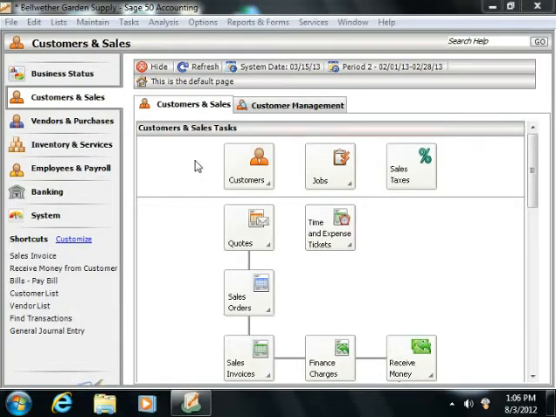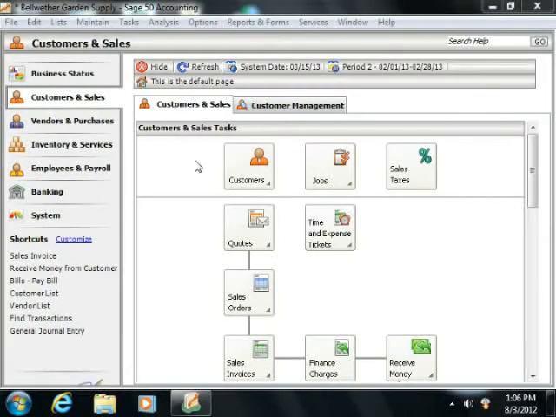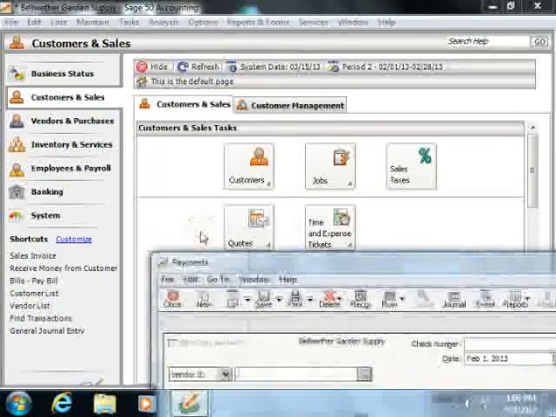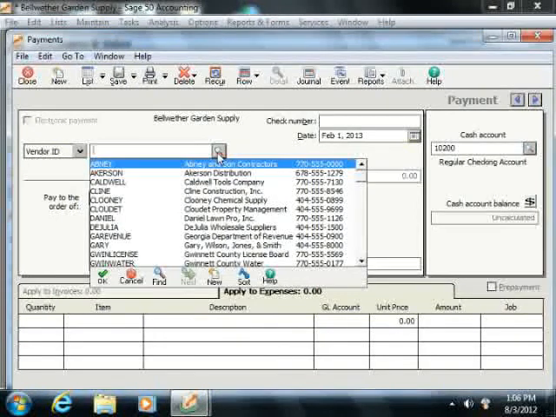The Payments window is used to select and pay individual vendors. To access the Payments window, select Tasks from the menu bar, and then choose the Payments command. You can use this window to enter purchases which have been made from vendors that do not have an associated bill, or you can use it to apply payments to vendor bills that have been entered through the Purchases Receive Inventory screen. When you select a vendor ID within the Payments window,